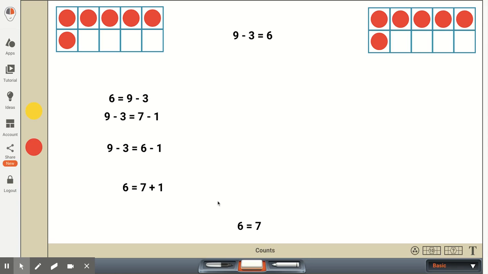And finally, we have an equation here of 6 is equal to 7. There's no operations on either side, but this is still a number sentence or an equation. I know some of the first graders were referring to equations as number sentences when they first start. So a number sentence or an equation is what we're looking at here. And the value of 6 is not equal to the value of 7, and therefore it is a false equation.